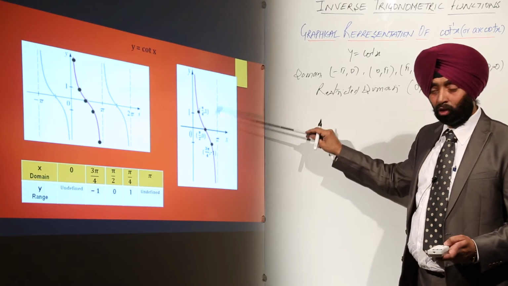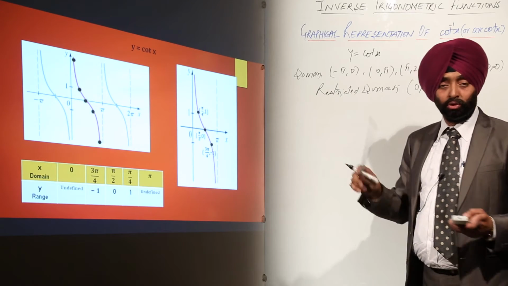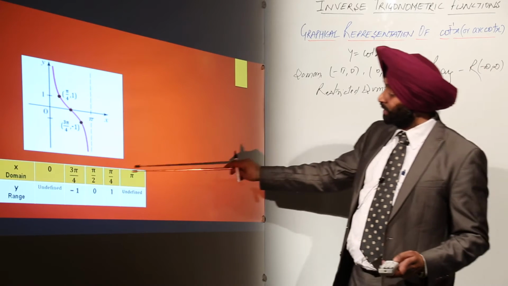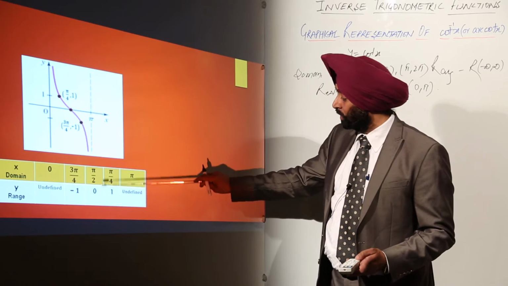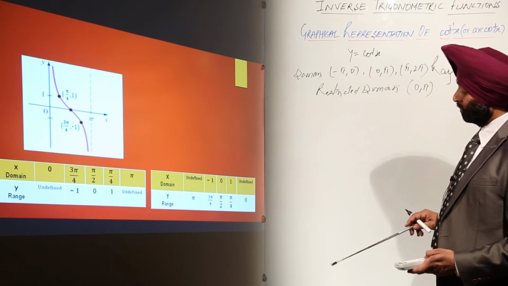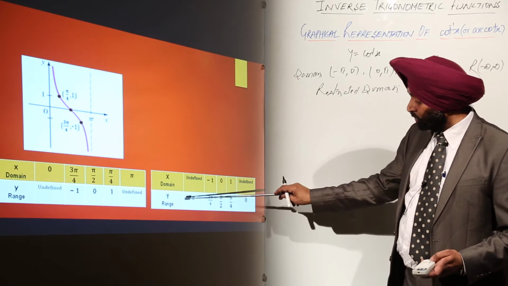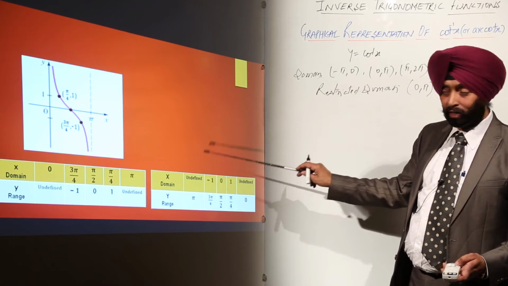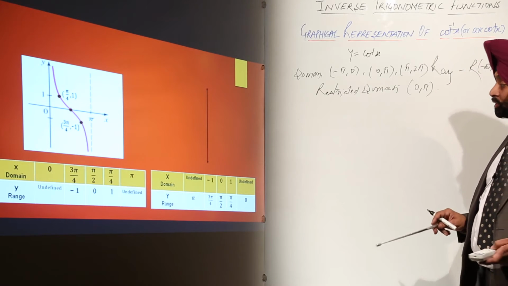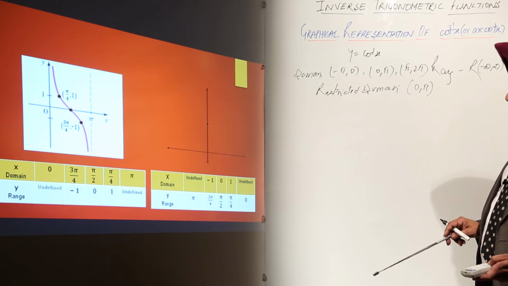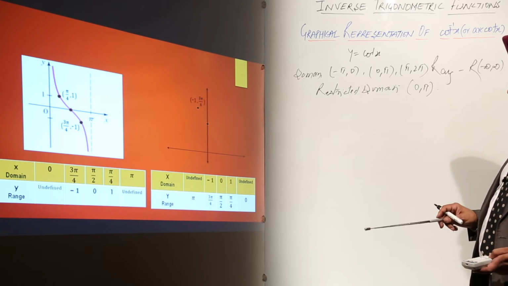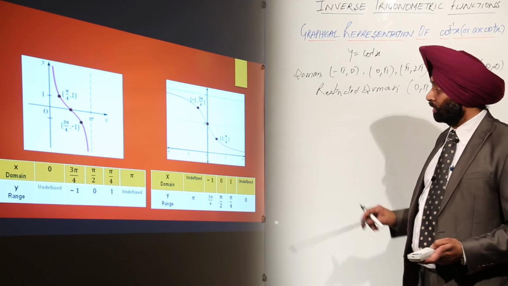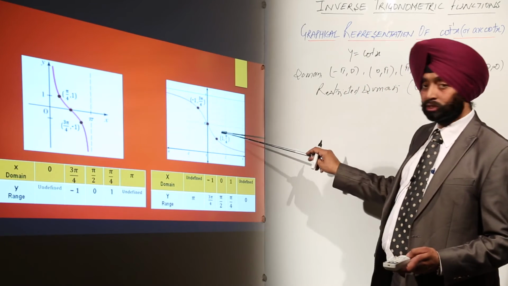Now from this part, changing range to domain and domain to range, we will get a one-one and onto function. So let's change the domain to range and range to domain. Now the range we have changed is 0 to pi, and the other is minus infinity to infinity. Let's plot these points. Plotting them, what type of figure do we get? We get a figure of this shape, exactly a mirror image of this part.